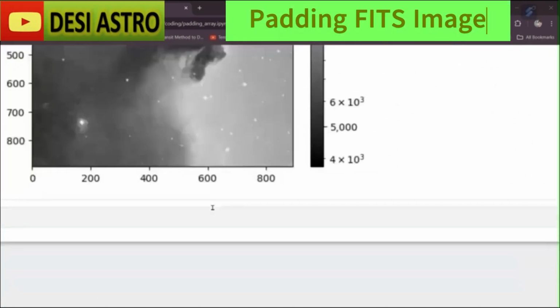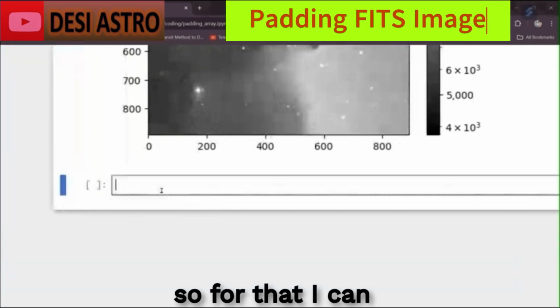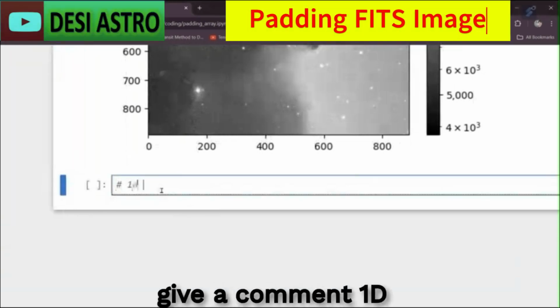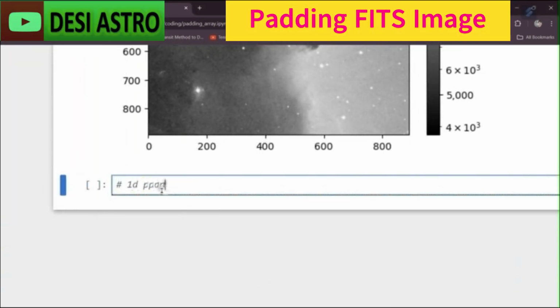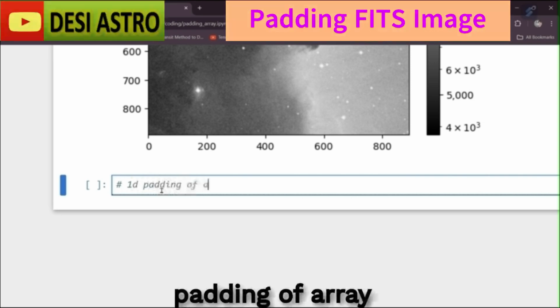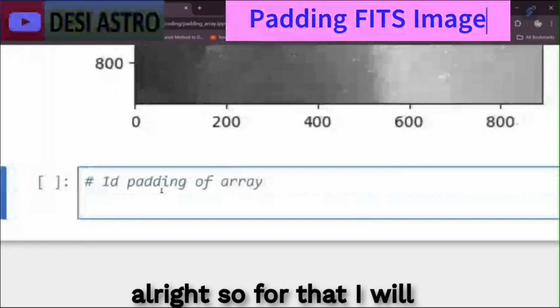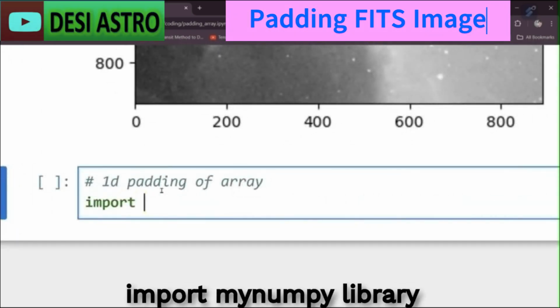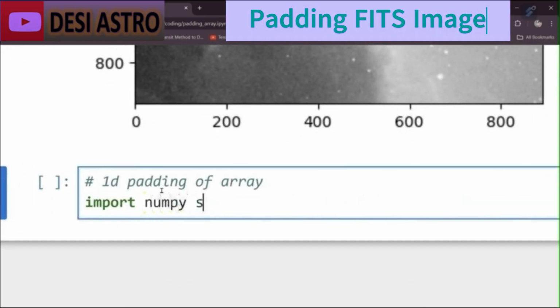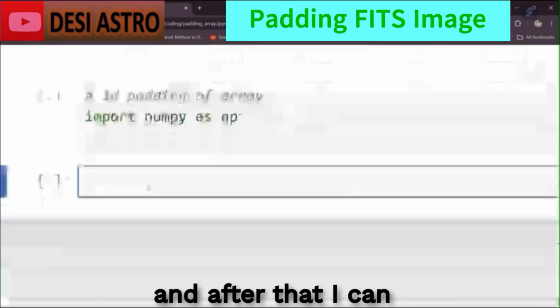For that I can give a comment, 1D padding of array. For that I will import my NumPy library, import NumPy as np,